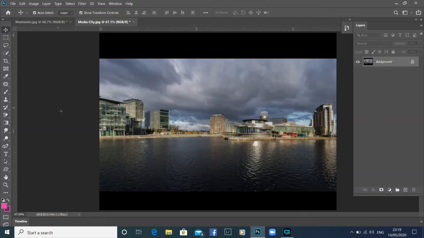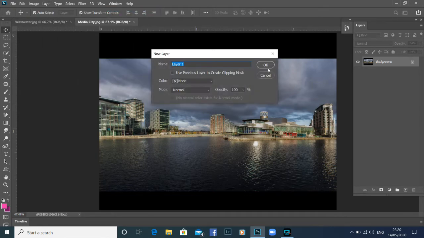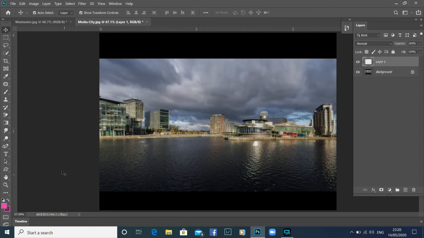The rainbow effect is very popular at the moment in paintings, drawings, and I'm going to show you a couple of very easy ways how to incorporate it into any of your photographs or images. Open an image, from there make a new layer above it, click OK, and then we're going to use a